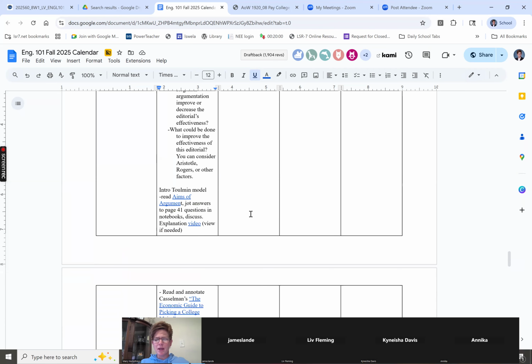What I want to do next then, I want to intro our third and final method of argumentation, which is the Toulmin model of argumentation. Toulmin model, again, is probably the most common that we use. It is what we teach in most of our English classes, my gosh, grades 3 through 12. Also, if any of you have ever taken a debate class or anything like that, this is the model that you most likely used in your debate class, okay?